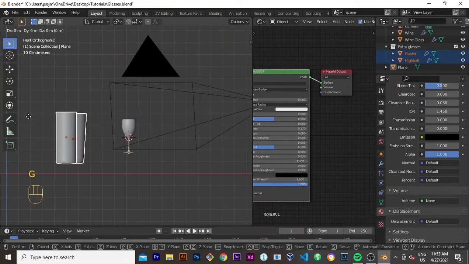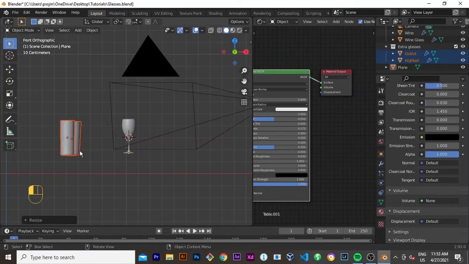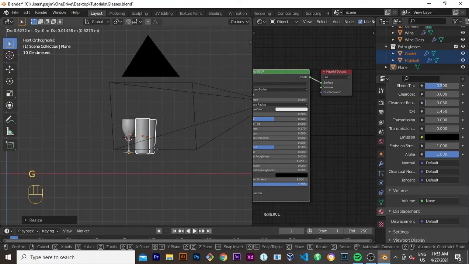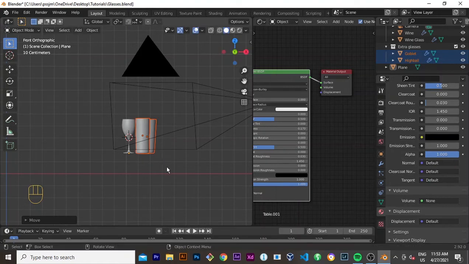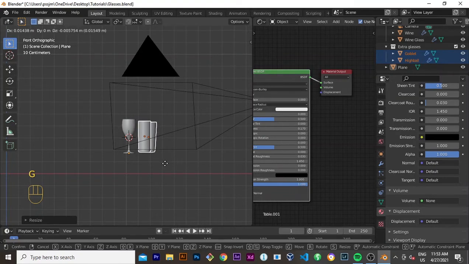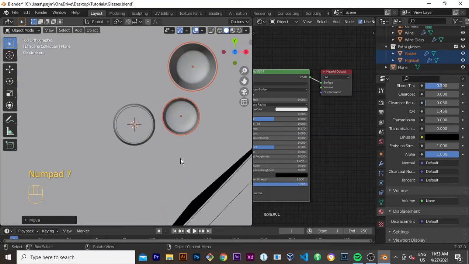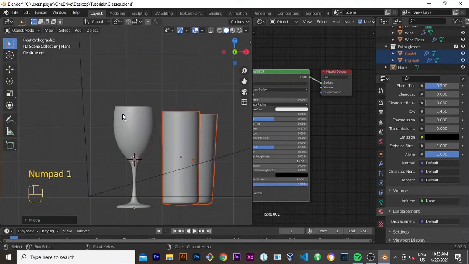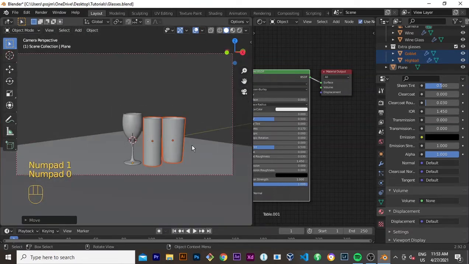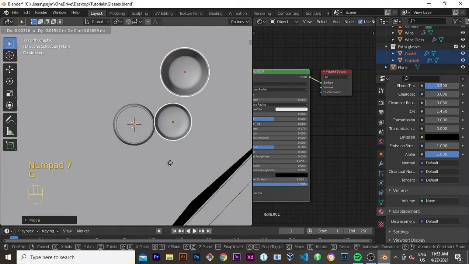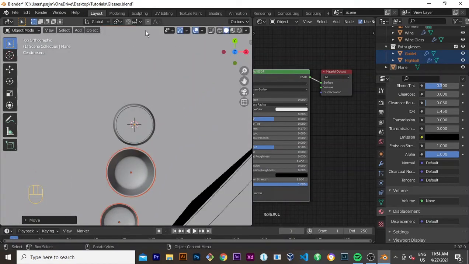And okay, let me start first by scaling them to make them almost similar sizes to our original glass, and grab them over here, probably scale them slightly smaller again, I think, and I just want them to be the same sizes as the other glass. So from the top view they look fine, and from the camera view they're on this side of the glass. So I'm just gonna move them over to this side and see them from this angle,